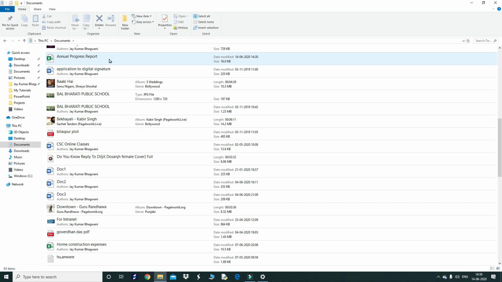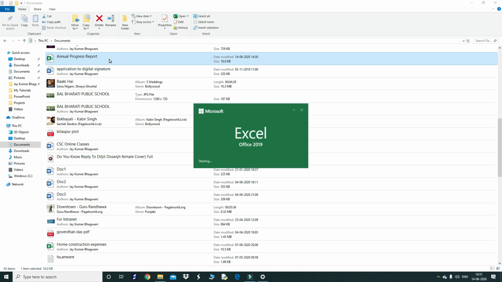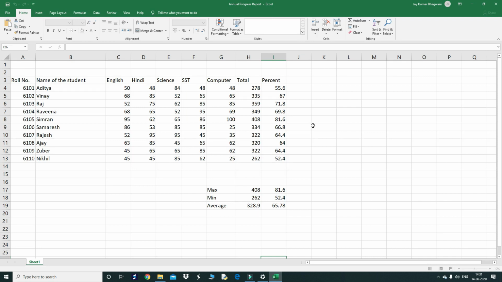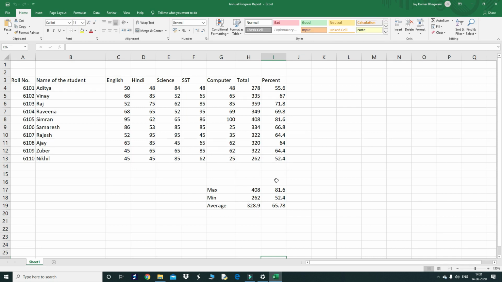In this file, I have set the password. If we know the password, then only we can open the file. Otherwise, we cannot open this file. So I know the password. So I am entering the password here. Click on OK and you will get your file. So in this way, we have learned how to save a file with a password. In this way, you can secure your file from unauthorized access.